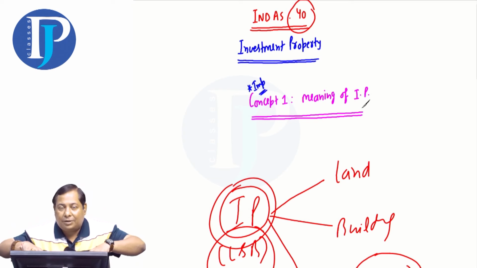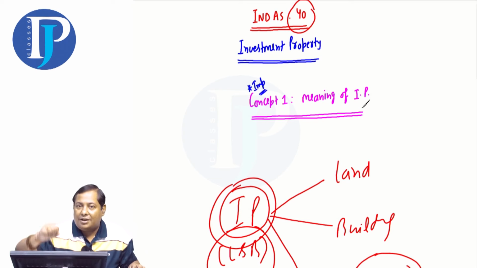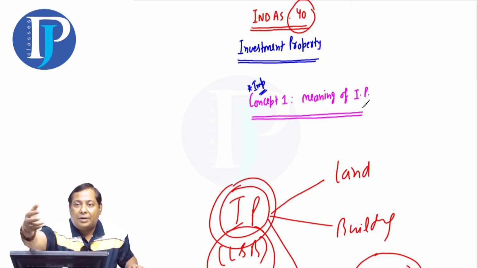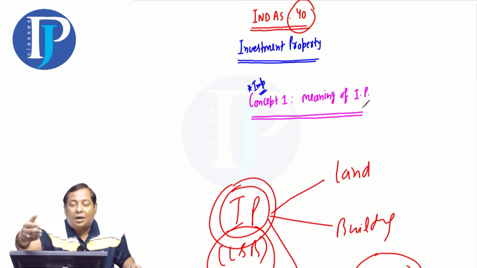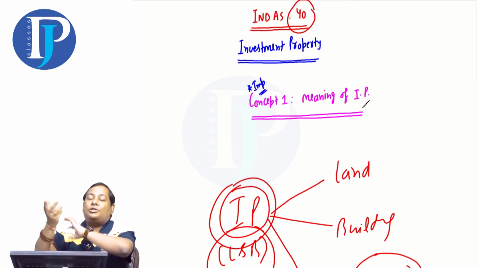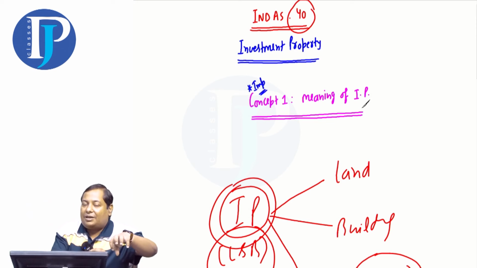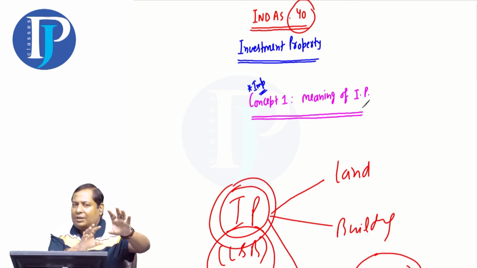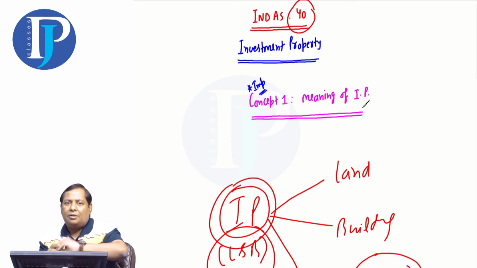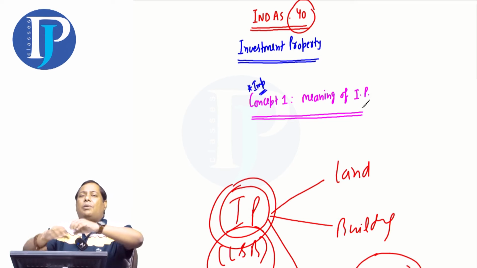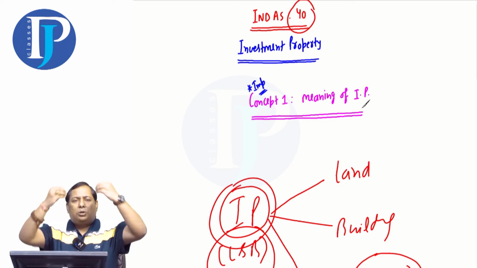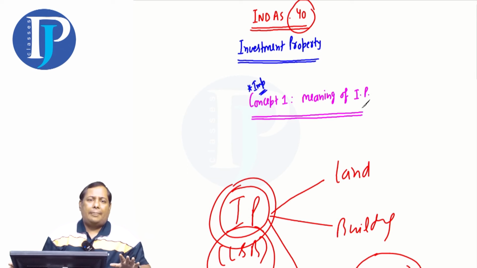Next, I will tell you the measurement of this property, how you will maintain it after buying, how to repair it, and the depreciation and impairment. Tomorrow you might change the use of the property. It was rented out today, and you don't want to rent it out now; now we'll use it for the business. So in this case, there are so many issues and questions that need to be told to you. You will enjoy it.